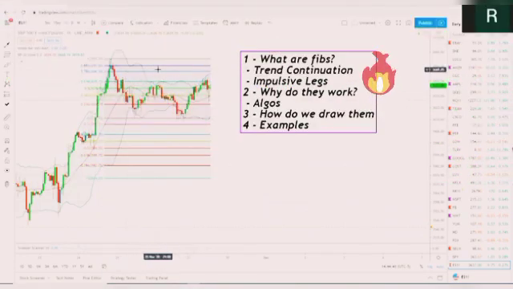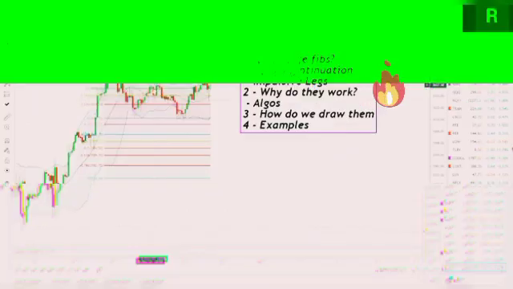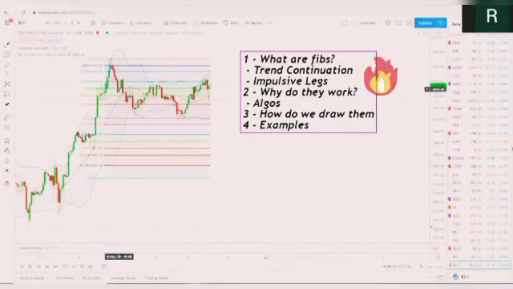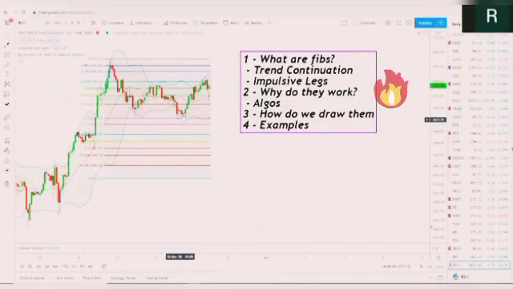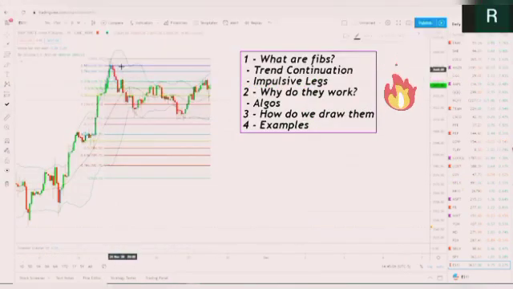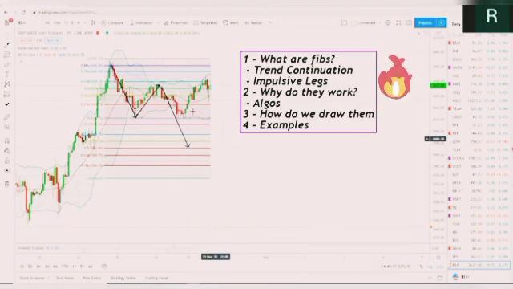or maybe the 786. And I'm going to talk about different ways of actually using the strategy in another video because that's a big topic. But this is the basic premise. We pull back to the 50 to 618, we roll over again. We retest this low, and in this case, it becomes a double bottom and we continue higher. So this is an impulsive leg down. Here's a retracement. Here's a continuation. And in this case, the continuation is reversed. We do not get to the targets, which is totally fine because we're definitely at least locking in some partial